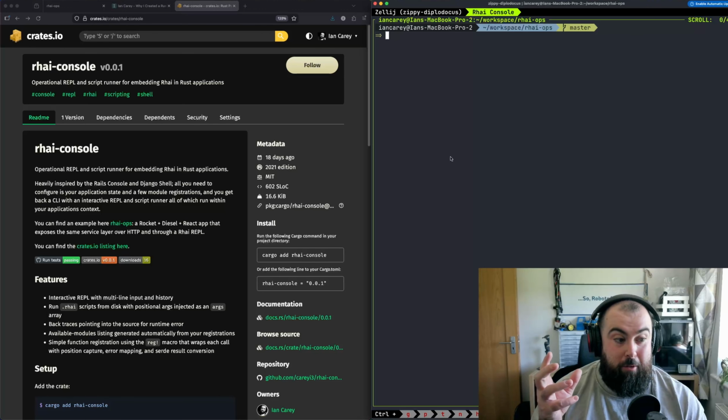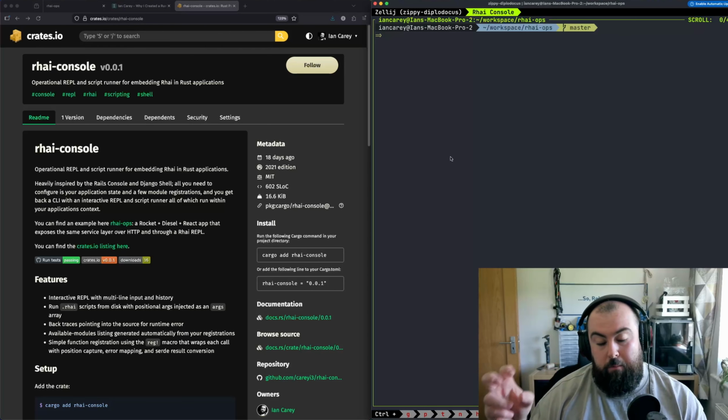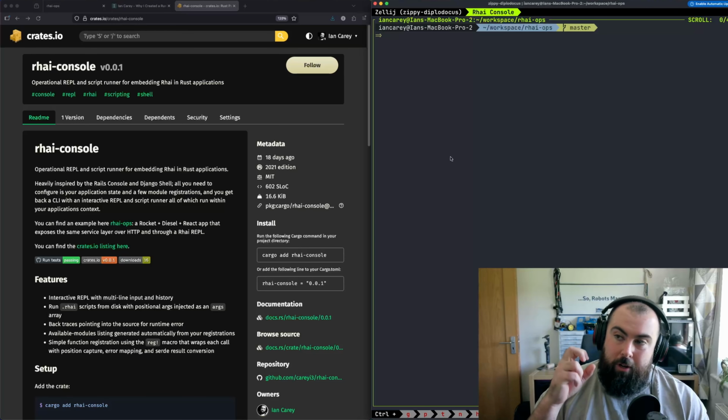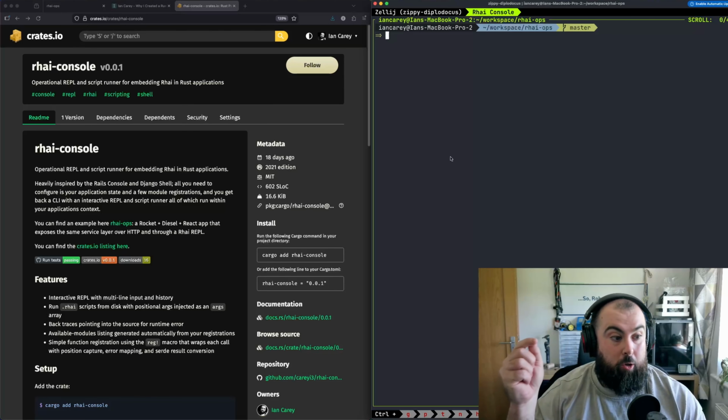I knew about Rhai. I think I'm pronouncing that right, Rhai, or HAI. It's basically an embedded scripting language that exists for Rust. One thing that's really cool about it, as opposed to just being a scripting layer that Rust can execute, is that it also has the ability to embed modules that you've written in Rust. You can expose them into the Rhai engine,